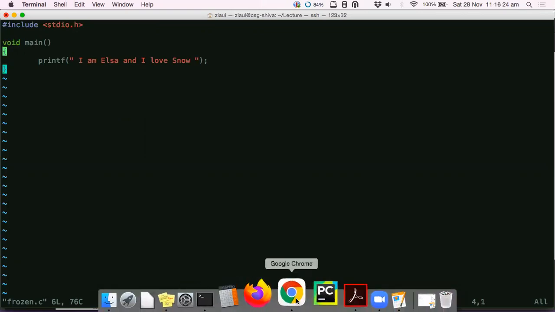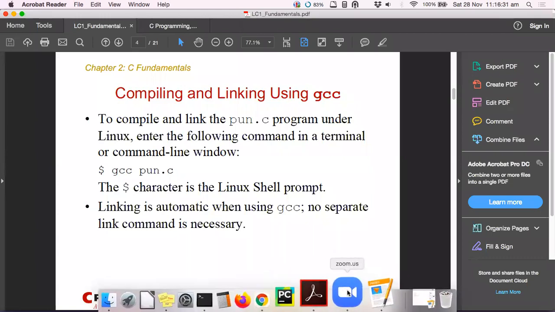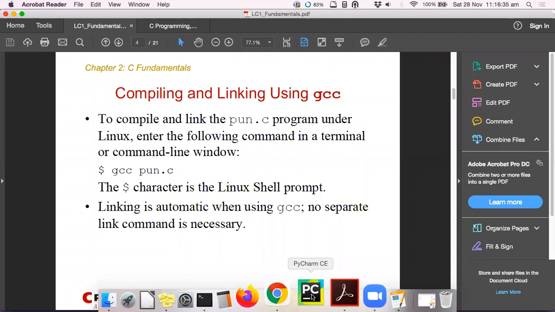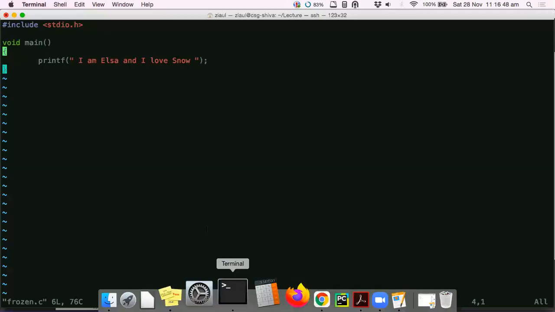Okay, so let me see if we are left with anything else. Sir, are all the programming languages case sensitive? Yes, they are case sensitive. I mean, you have to write printf in a certain way only. You cannot write printf in capitals. It will not work. Not all are case sensitive, though. I don't know, maybe there are some scripting languages which are not that case sensitive. Yeah.